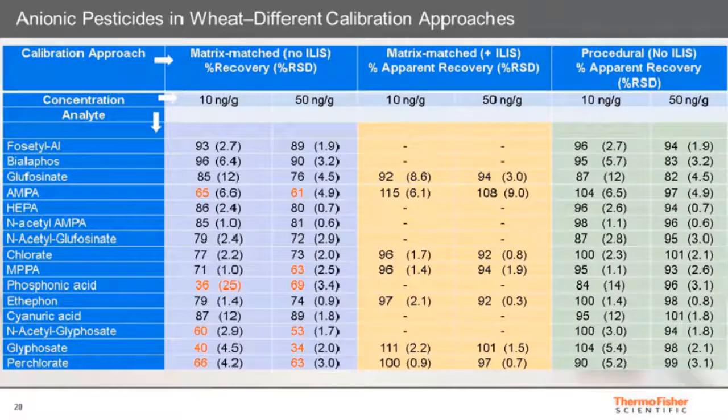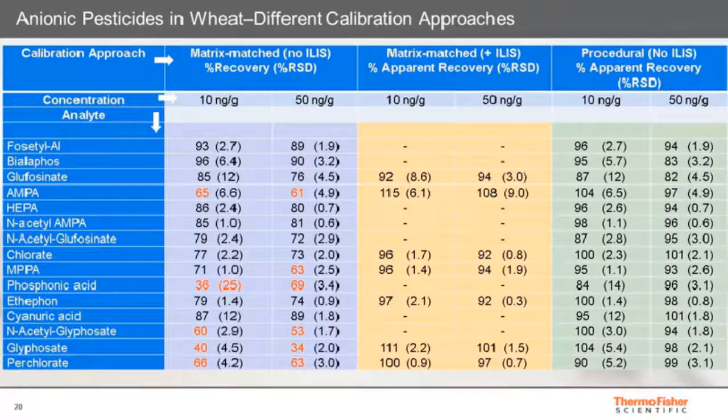The experiments in this presentation were carried out at our Customer Solution Center in Beijing, China, where they were not able to import the isotopically labeled internal standards for all of the anionic pesticides of interest. Therefore, different calibration approaches were evaluated in an attempt to compensate for recovery losses, and this table shows the results